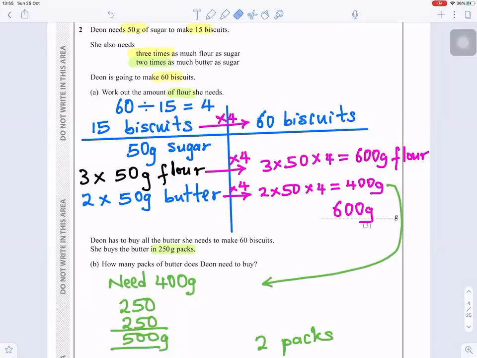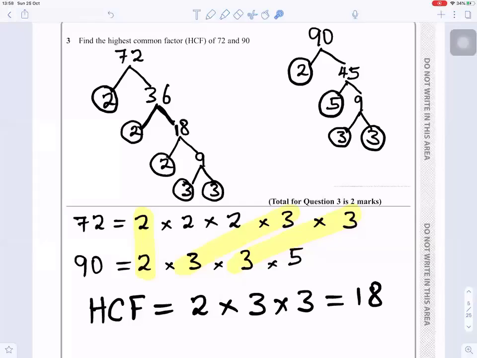Question number 2. Dion needs 50 grams of sugar to make 15 biscuits. She also